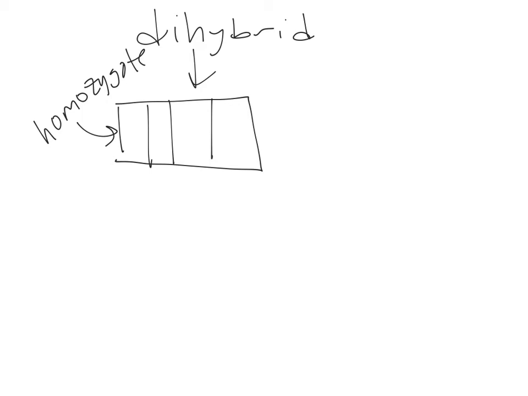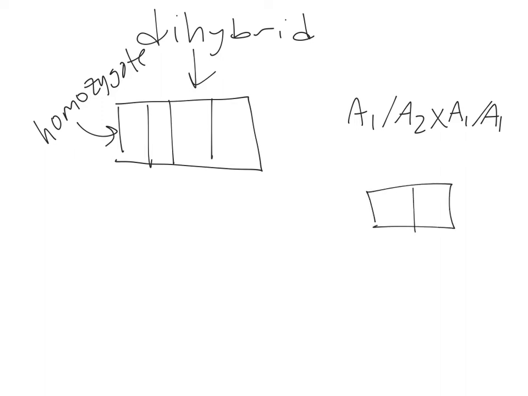I think we already looked at another type. If you look at a monohybrid cross, that's a 2-cell Punnett square. That was today. A1 and A2 from that parent, separate haplotypes. And this parent over here only makes one type. So you don't need a 4 by 4, you can use just one row.